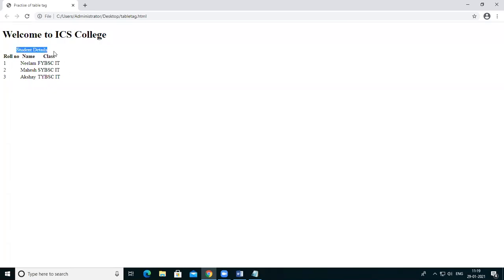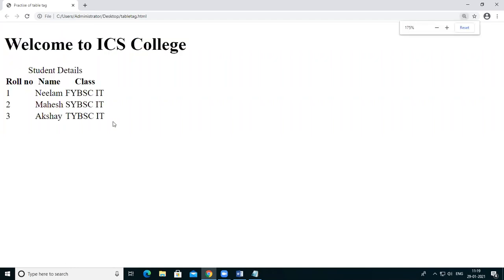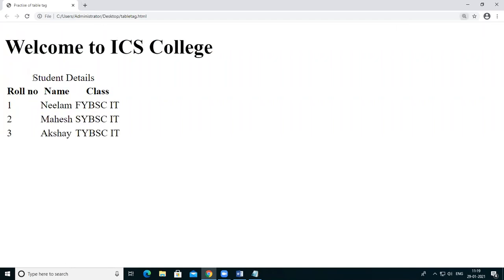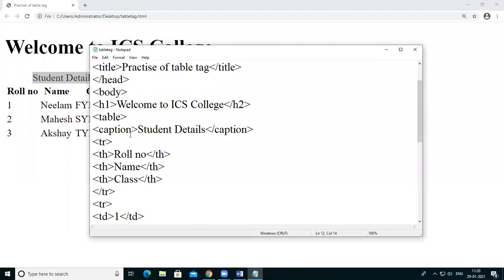So just see, this is the simple web page having the student details, but it is not in bold. Suppose you want to give it bold, then use here the italic or bold tag. For that I'm using I. So you can use different tags or multiple tags on one text. Just save it. I'm using the italic tag on the student details.